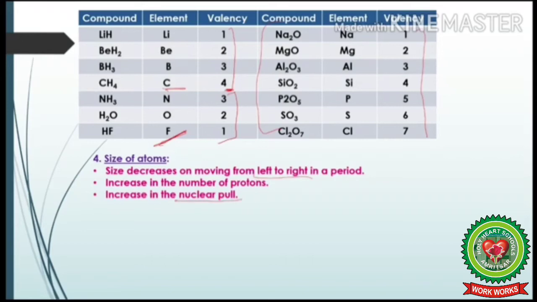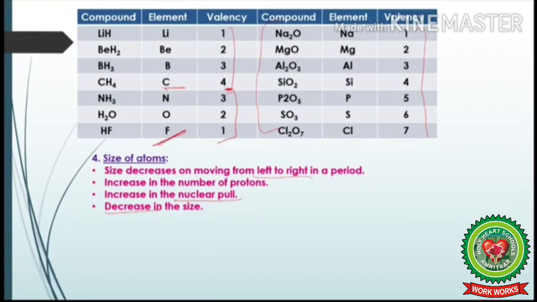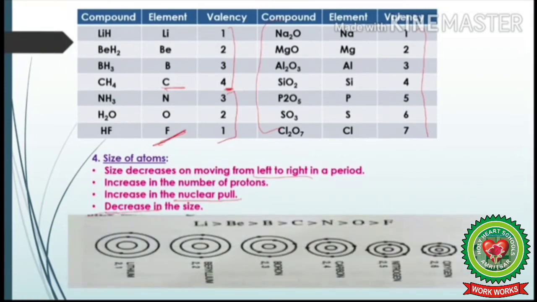So the valence shell is pulled more towards the nucleus of an atom. Therefore the size decreases as we move from left to right along a period,